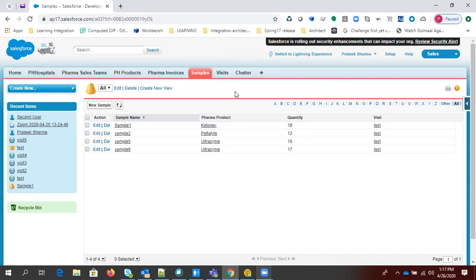So here we have two types of application security. One is the metadata security and the second one is data security. Metadata security is generally defined like whether you have access to this sample object or not. If you have the access and another user also has the access, then what kind of data you can see in the sample object will be defined based on the data security. So first we will discuss the metadata security.